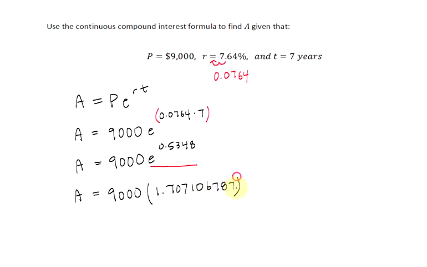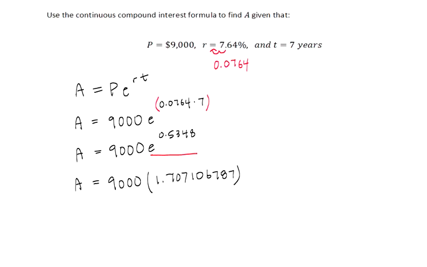1.707106787. And I wrote out that entire long decimal because we want to reserve rounding until the very end of the process so that we have the most accurate answer possible. Finally, we're going to multiply 9,000 times that decimal. When we do that in our calculator, we should get